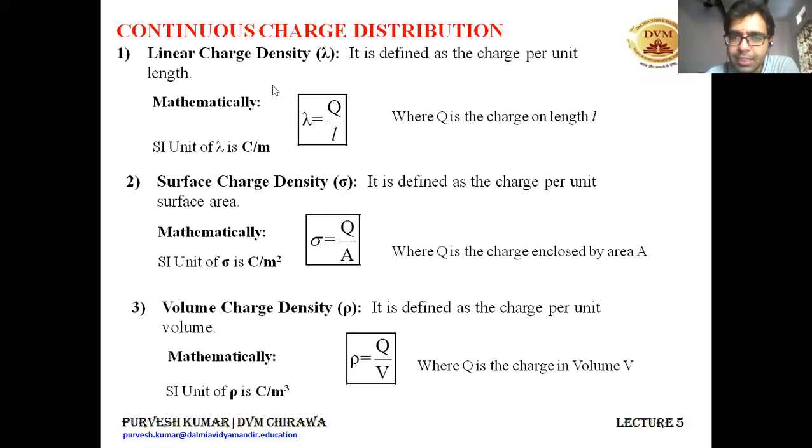We will be using this linear charge density when we discuss the application of Gauss law in the next slides to come. I'll be asking you over there, so please refer to your notebook at that time, and then we can easily write the value of charge enclosed by a given surface. I do hope it is very clear to you. And still, if you have some doubts, please raise your hand.